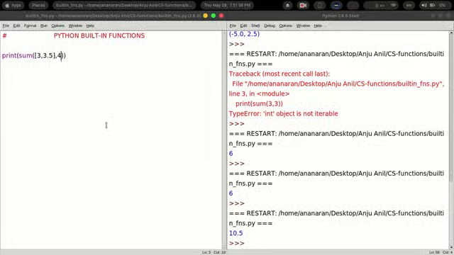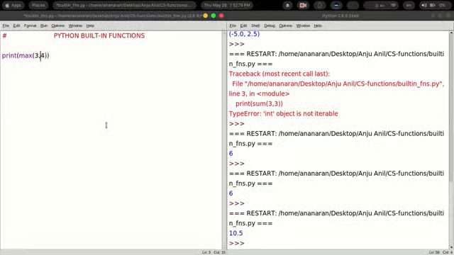Now, the next function that we will use here is the max function. From the word itself, we should be able to understand that the max function will return the maximum of the integers that are within the brackets.